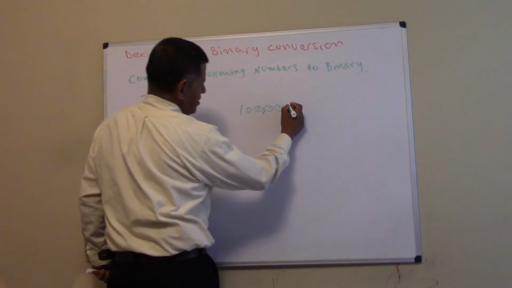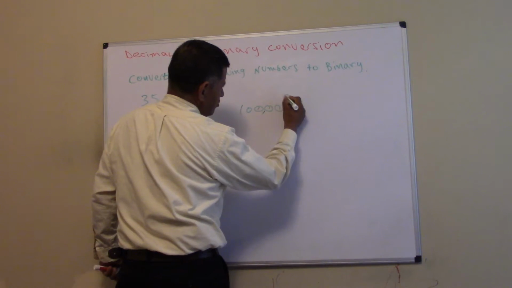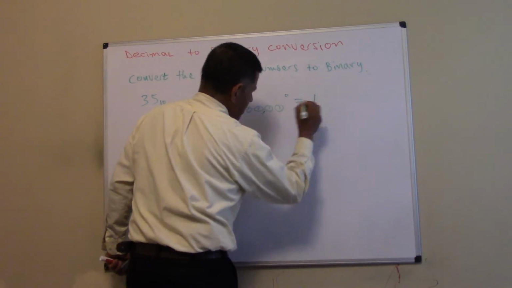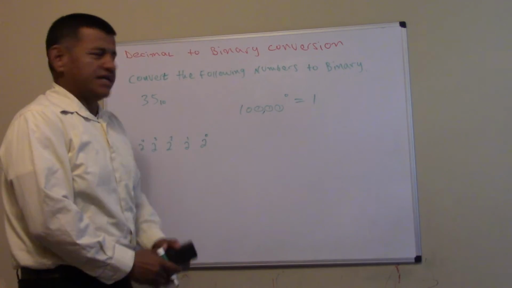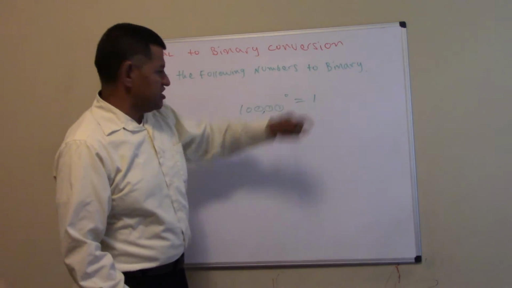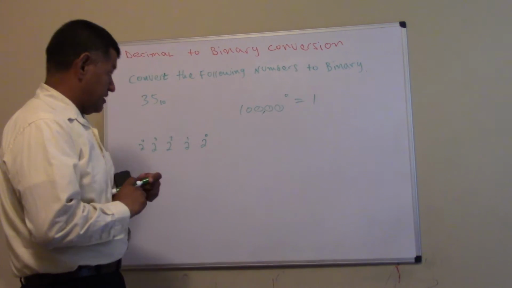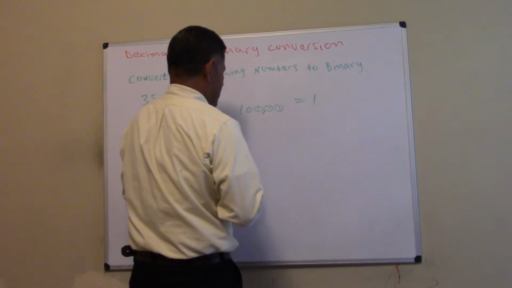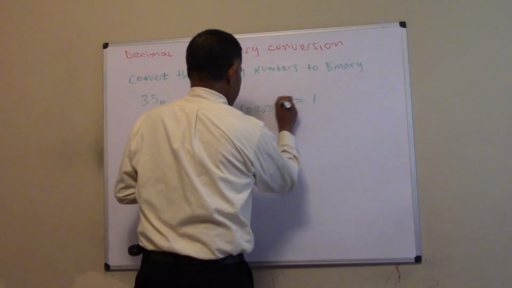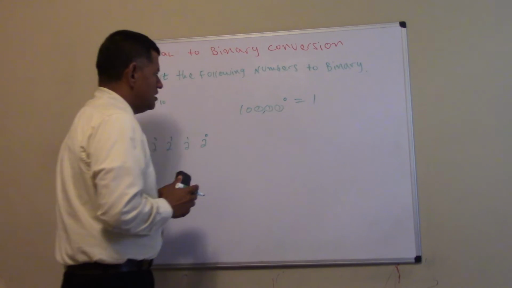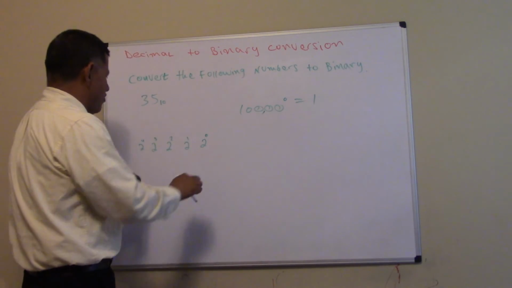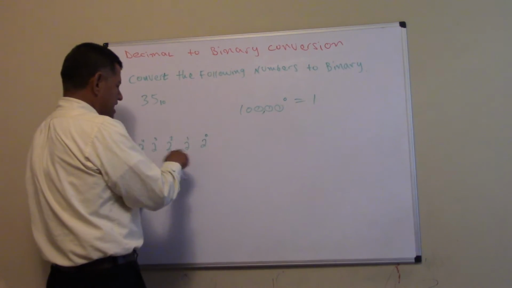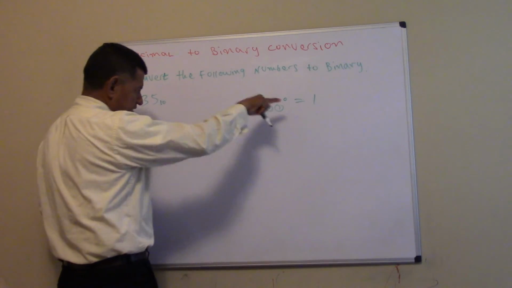Any number to the 0 power is 1. You can actually put that in the calculator. Any number to a 0 power is 1, right? Now, okay, and basically what we're doing here is any number to a 0 power is 1, so that stays 1,